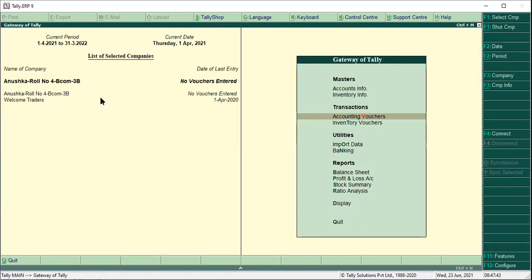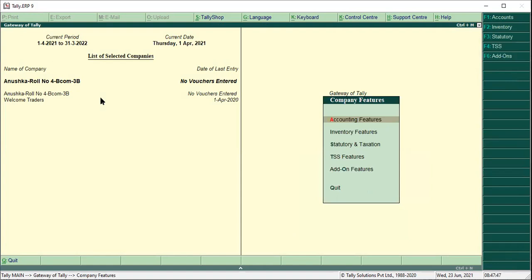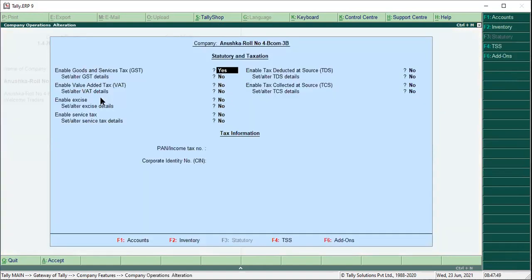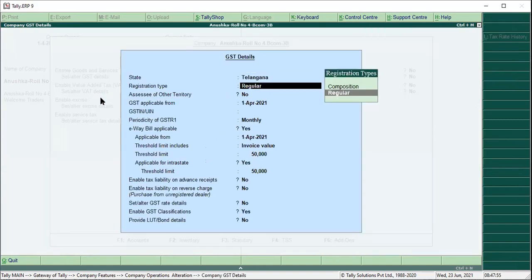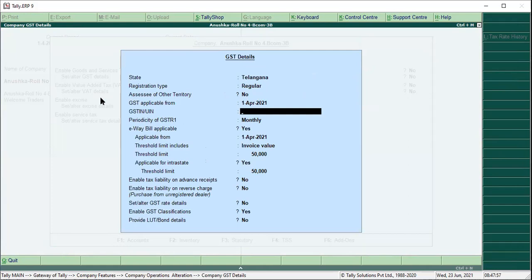Then you have to enable GST. F11, F3. First is yes, second one is yes. Enter the GST number of some other firm.